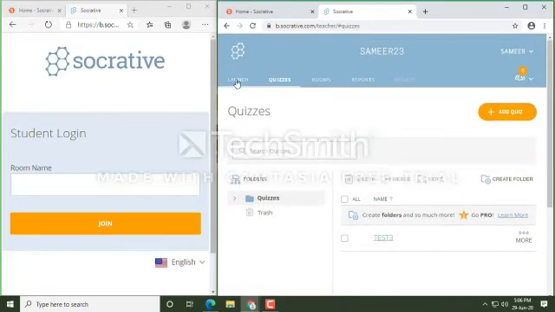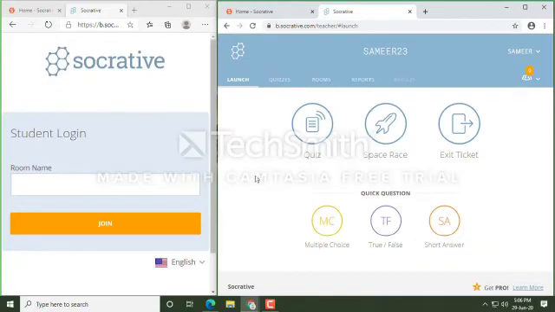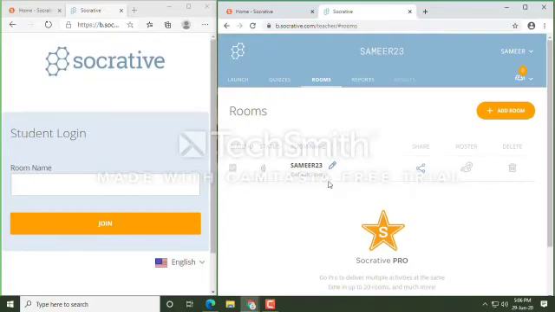Now I shall go to the launch button. Now I will ask every student to log in. My room name is 23, which can be changed anytime by pressing the rooms button. You can rename your room from here.